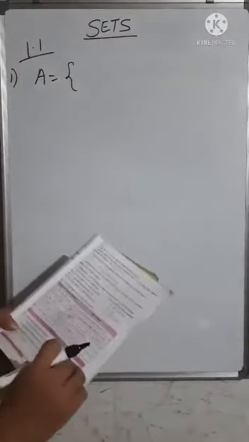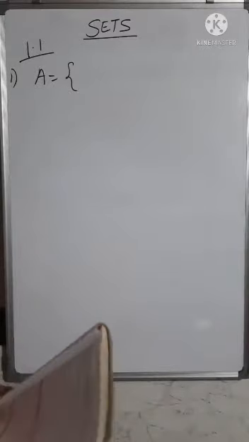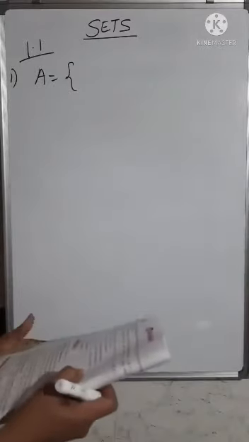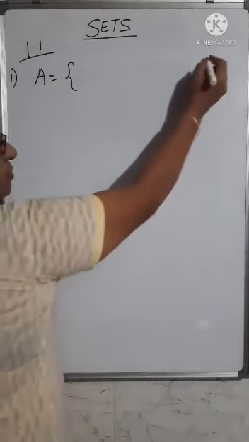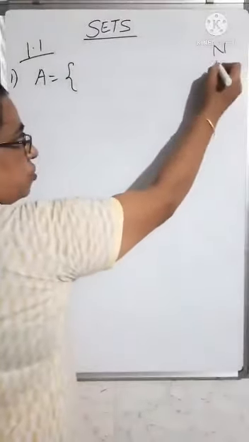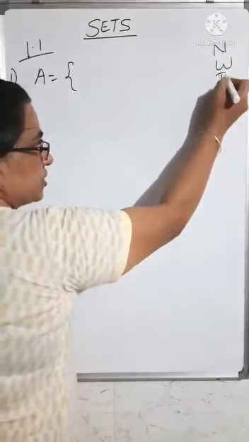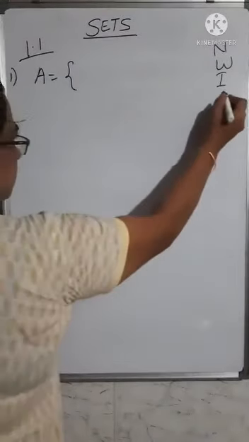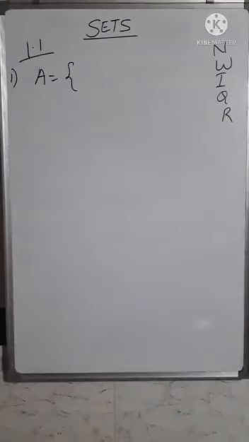Usually whenever you are taking natural numbers, whole numbers and so on, you have a particular alphabet for that. On page number 2 of your textbook it is given. Whenever you are taking natural numbers, you represent them by N, whole numbers by W, integers by I. Then you have the rational numbers, which are represented by Q, and real numbers are represented by R. So that is usually how you do the representation.